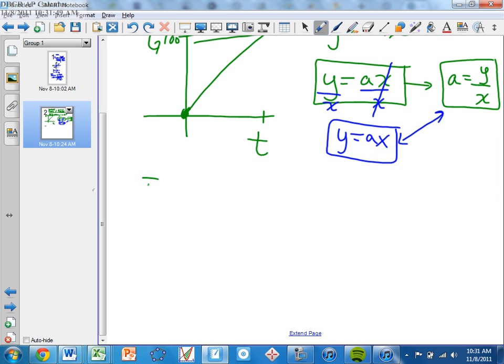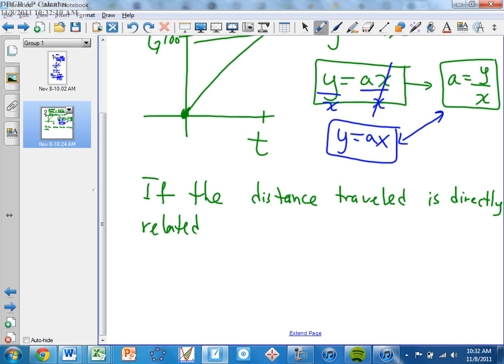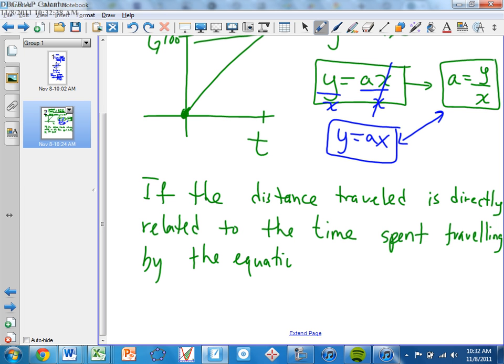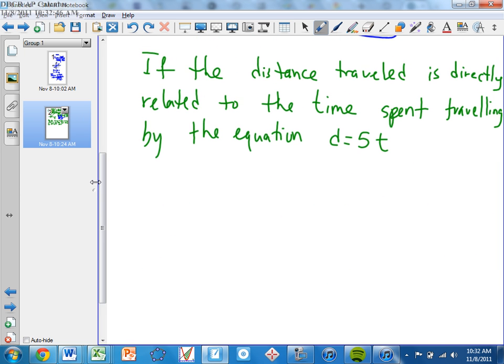If the distance traveled is directly related to the time spent traveling by the equation d equals 5t,